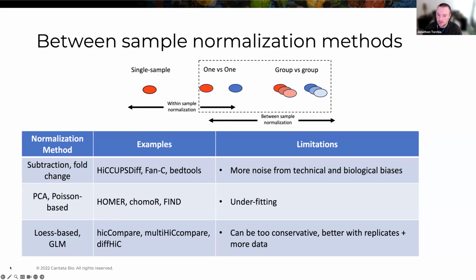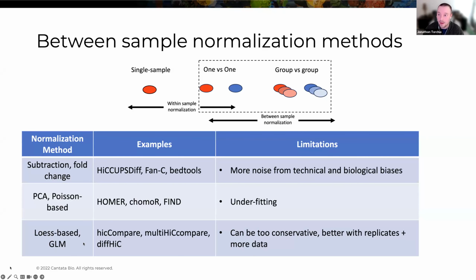So it's a little bit more conservative than just doing a straight up subtraction or fold change, but you do run the risk of overfitting in this scenario too. What we're seeing pop up more and more are these between sample normalization methods that are specifically modeled for a high C-like distribution. And the reason why